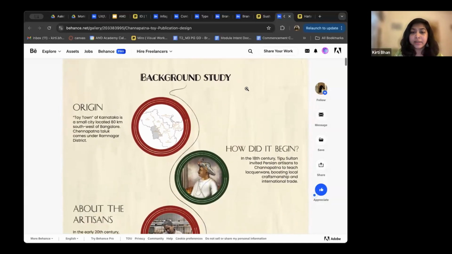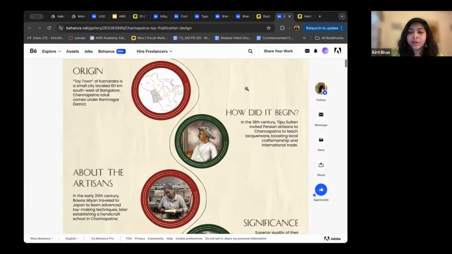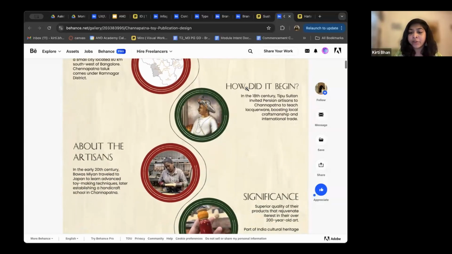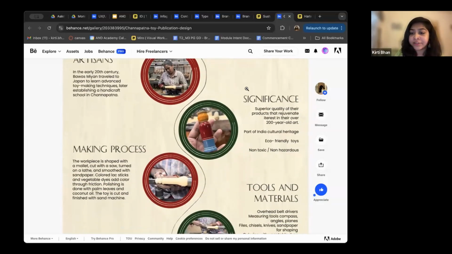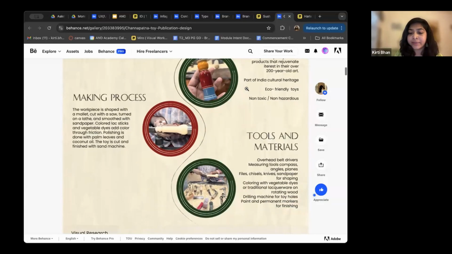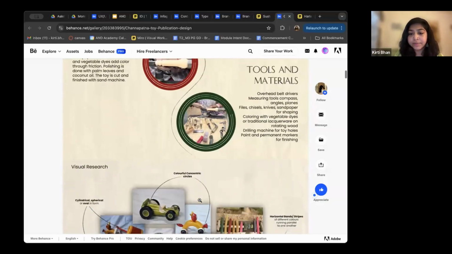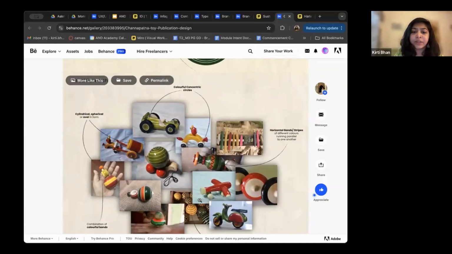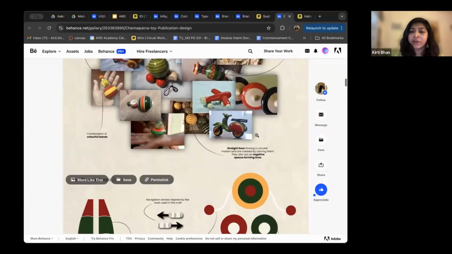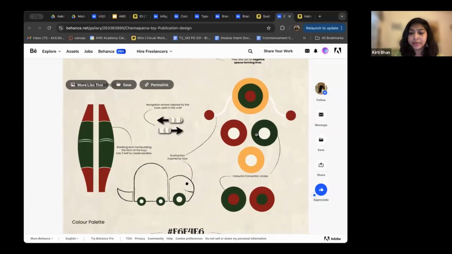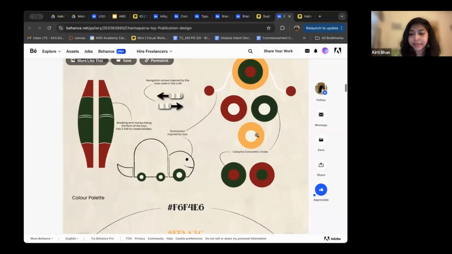So we can see how the background study is aligned with the visuals she has extracted from the craft. In the background, she has also kept sawdust that she saw all around where she had visited them, like we can see here. Then there's some visual research also, some extractions from her visual research. Yeah, how she has extracted it.